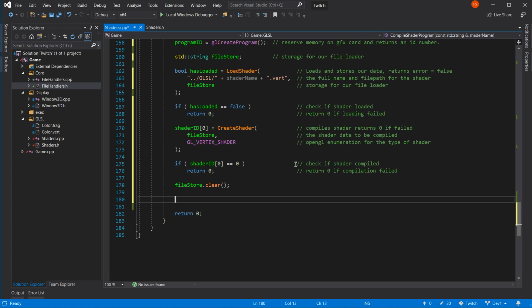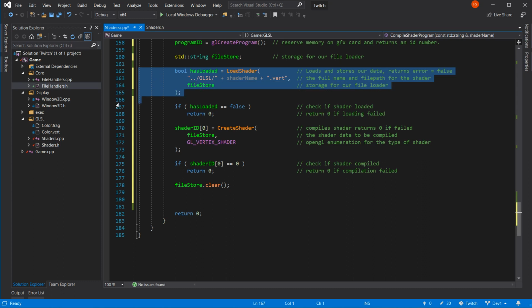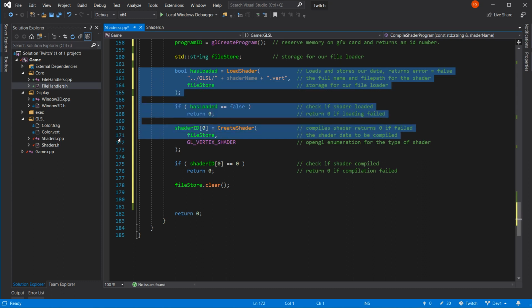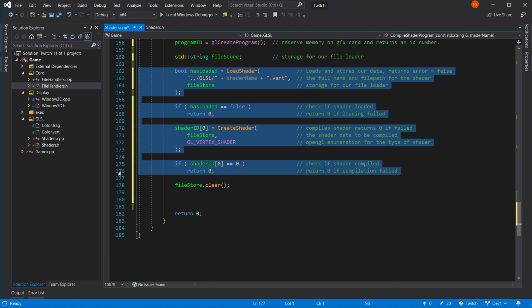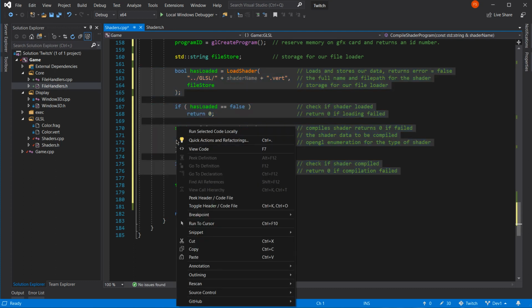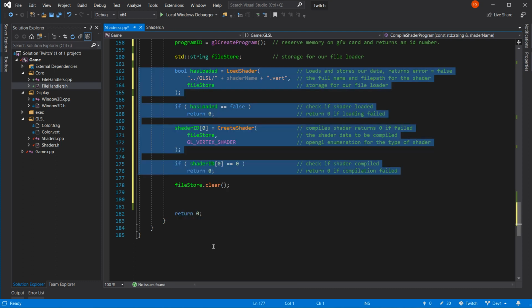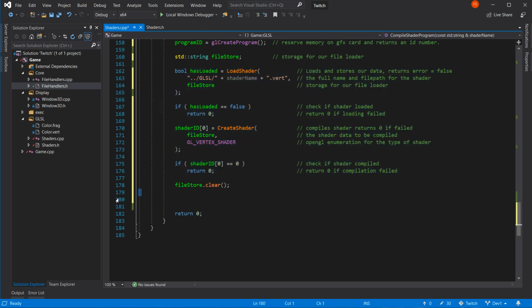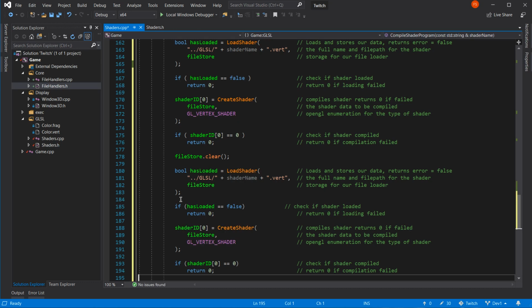So now we've got our file store done. All we have to do is that to there. Lazy.